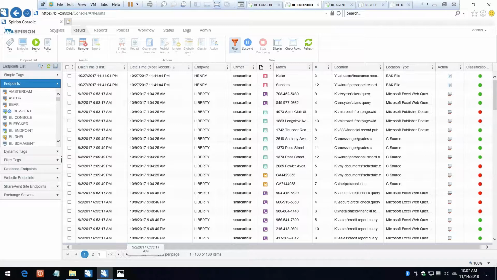So with Spirion, the way you tool this environment is that you set up the scope of what you want to locate as far as the data. You define the types of data you're looking for. This is typically going to be addressed during your meetings with your various regulatory bodies, the DPAs, your assessors, other individuals like that. And Scott, if there's anything you need to fill in, feel free to interject as well. As part of that process, ultimately what ends up happening is you drive a process through this discovery and you attain matches that you see here.